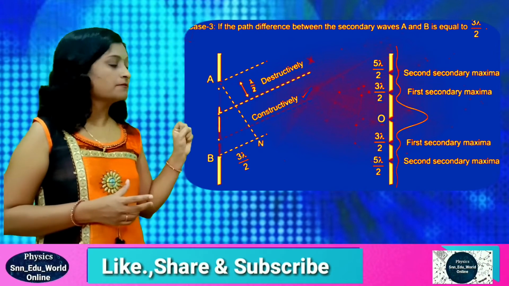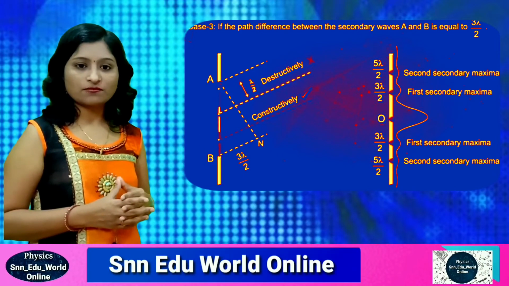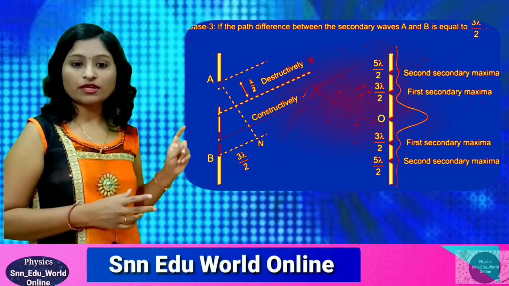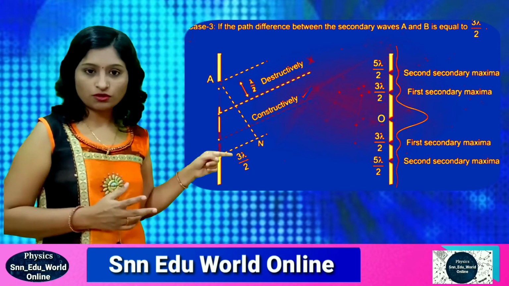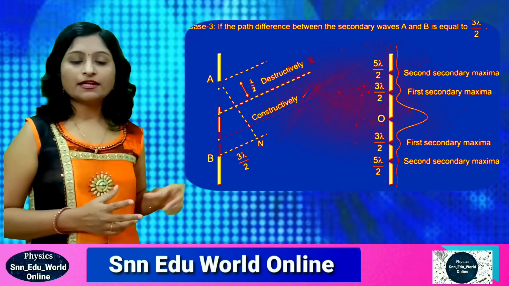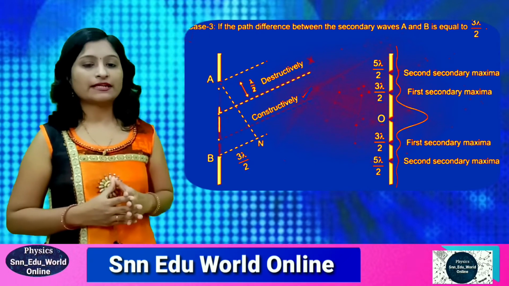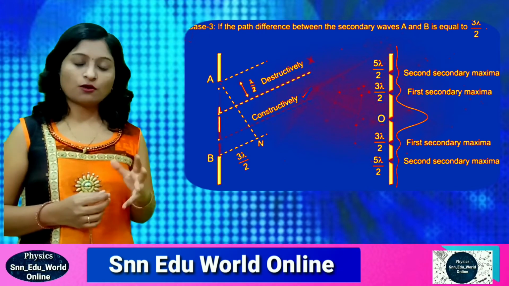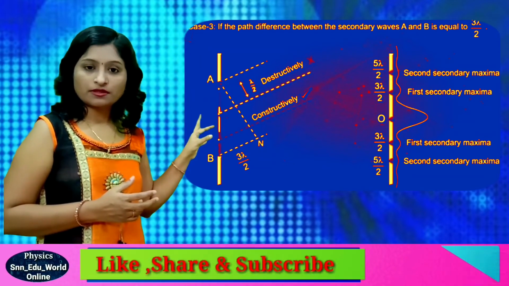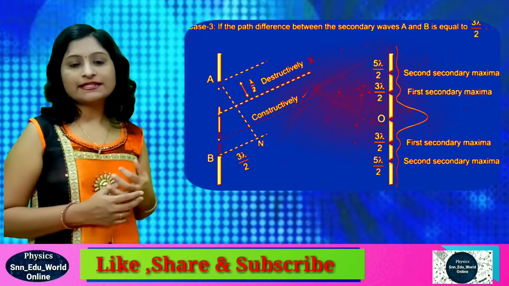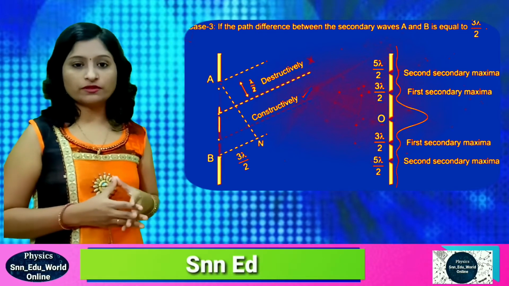So in this condition we will get, observe this graph. In the graph, the central O is the maxima, so it is the maximum wave. Okay, the next point is for the 3 lambda by 2, on either side of that point O. So 3 lambda by 2, 3 lambda by 2, and here we are getting the first secondary maxima. Okay, for 3 lambda by 2 we are getting the first secondary maxima. Now why maxima? Because here two waves constructively overlap, and it is slightly less than the previous one because there is mixing with the destructively overlapping of the waves.